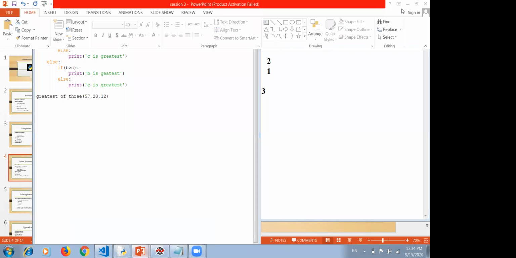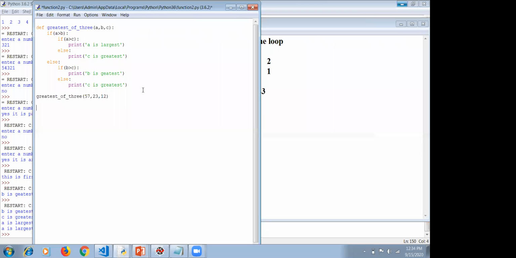Keyword arguments. Keyword argument means that instead of writing 57, 23 and 12, we are using some keyword. Okay, I write A is equal to 57 and C is equal to 23 and then B is equal to 12.